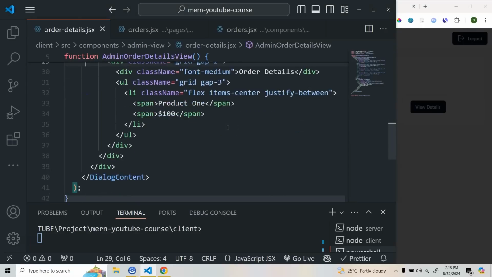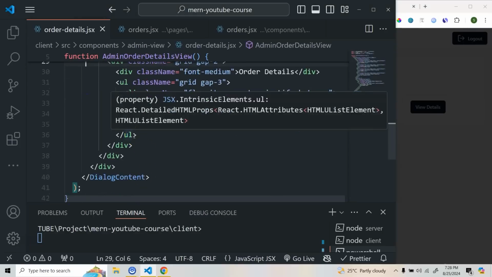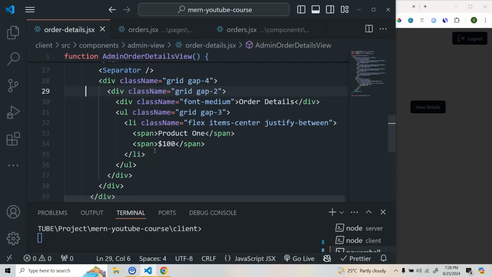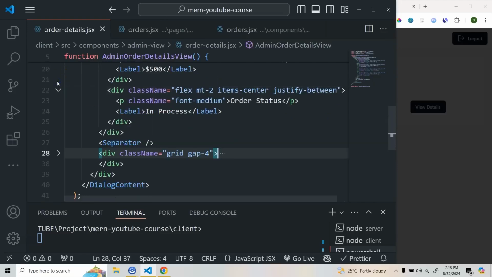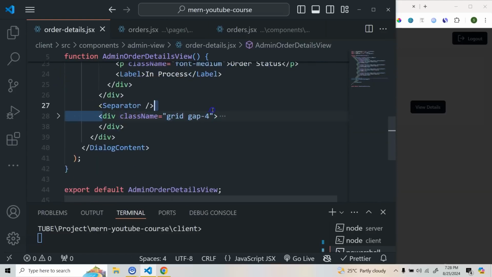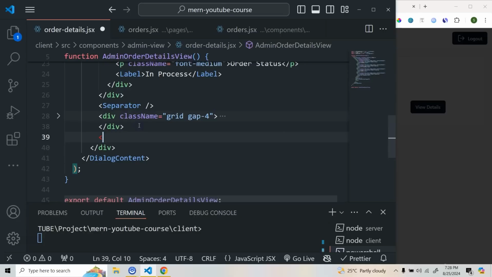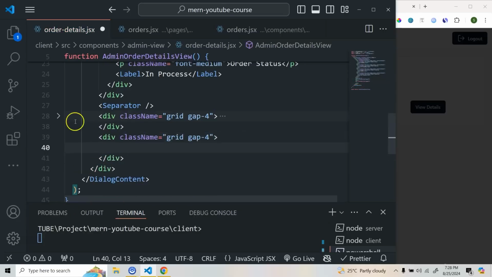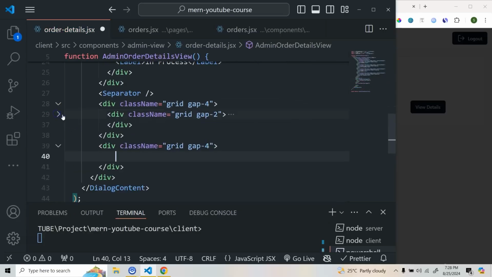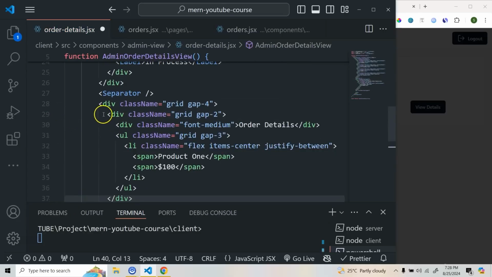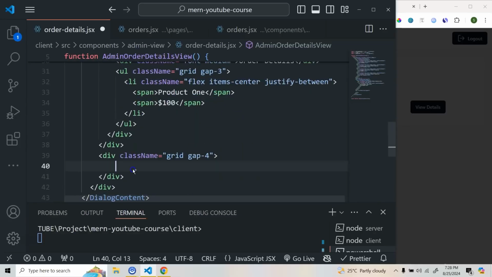Alright, so after this we are going to render all the products like this, and then once this part is done, we are going to take the similar thing and we'll render the shipping information or the address basically, and we'll take this part here, grid gap of 2,